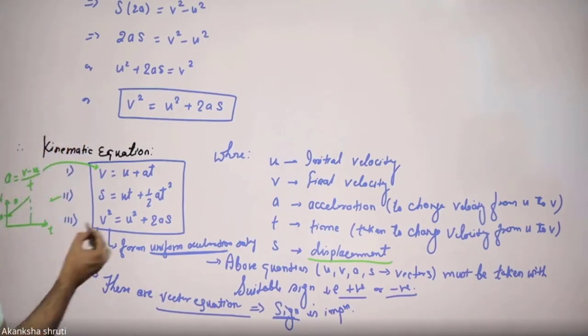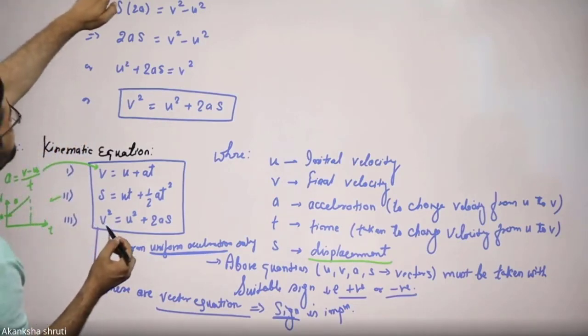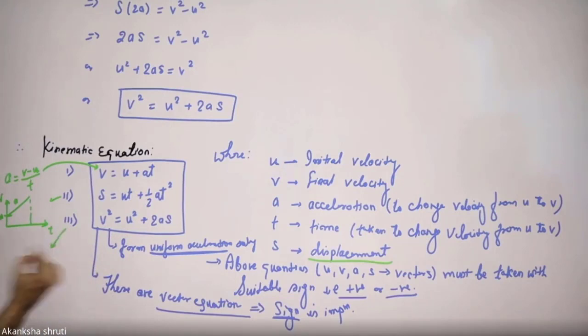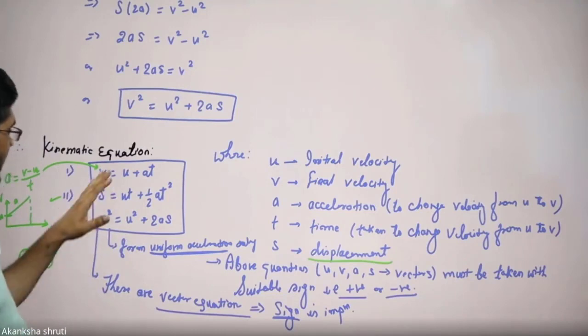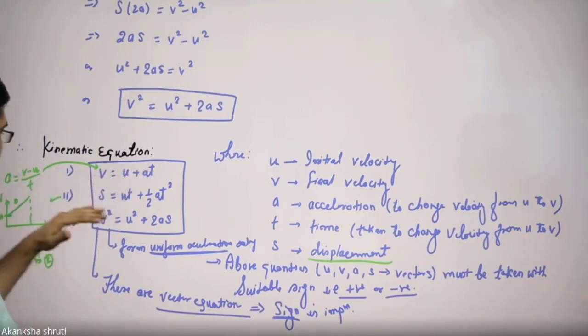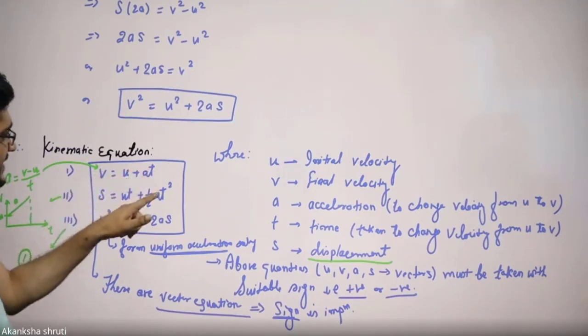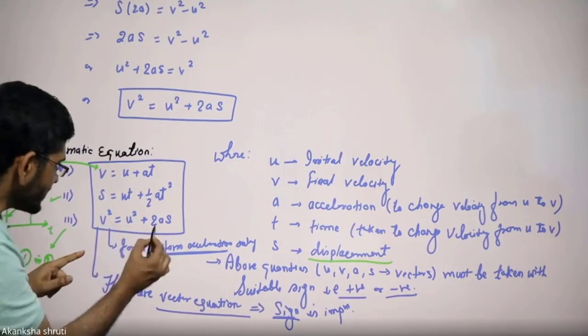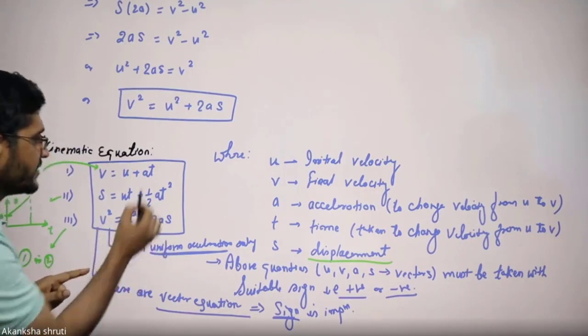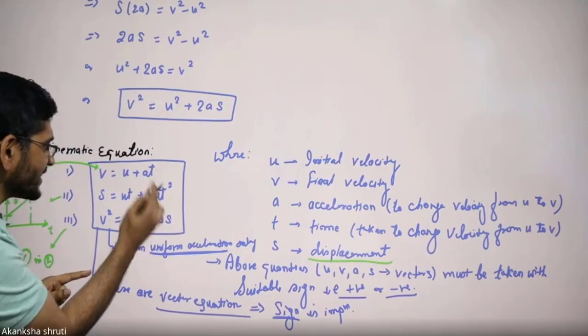The third one that we have obtained here is, so using 1 in 2. पहले को हम दूसरे में यूज किए, तो पहले से हमने टाइम निकाल के दूसरे में डाल दिया, तो हमें तीसरा मिल गया. तो स्टूडेंट, हमने जो स्टार्टिंग में पढ़े थे वही है पहला इक्वेशन, दूसरा हमने ग्राफ से ड्राइव किया, तीसरे को हमने टाइम पहले से निकाल के दूसरे में डाला। क्यों? क्योंकि थर्ड इक्वेशन में देखिए कहीं टाइम नहीं है, इसीलिए हमने पहले से टाइम निकाल के दूसरे में डाल दिया, तो टाइम गेट्स एलिमिनेटेड.